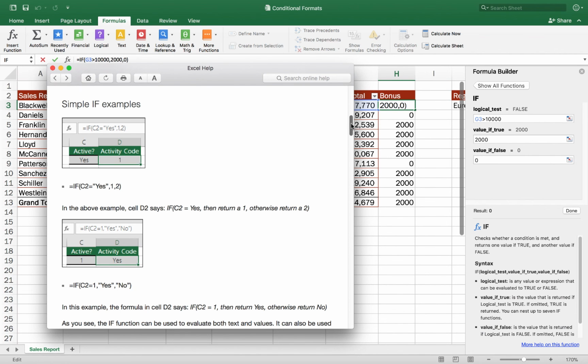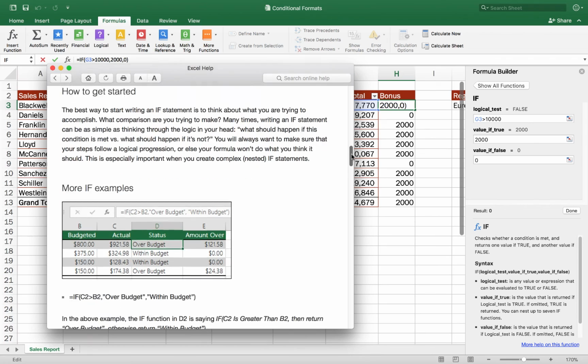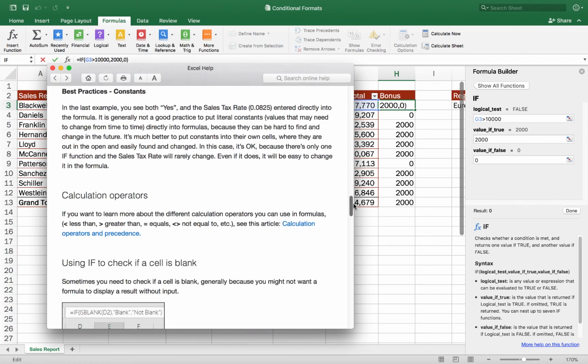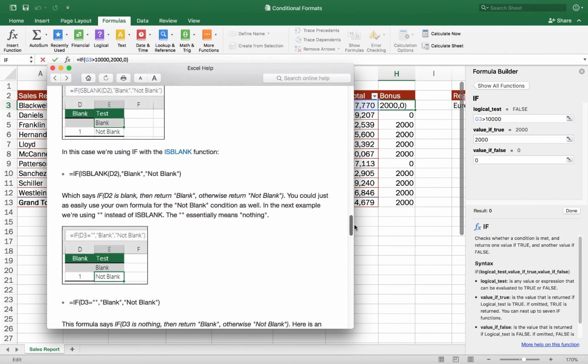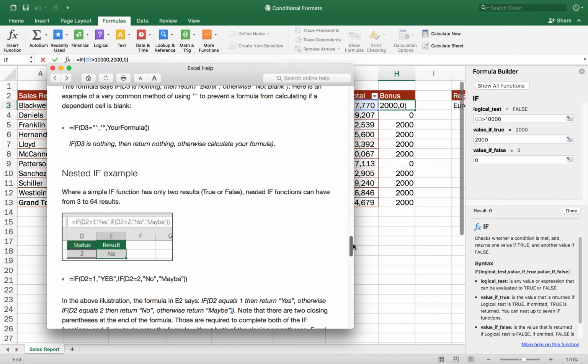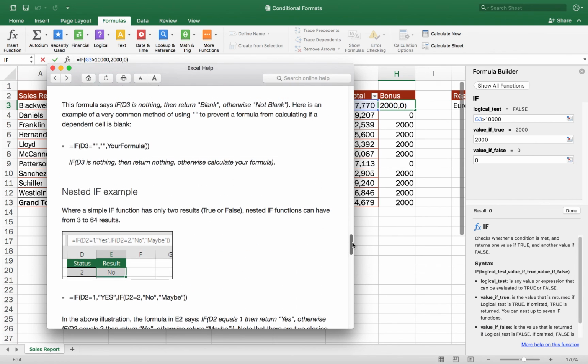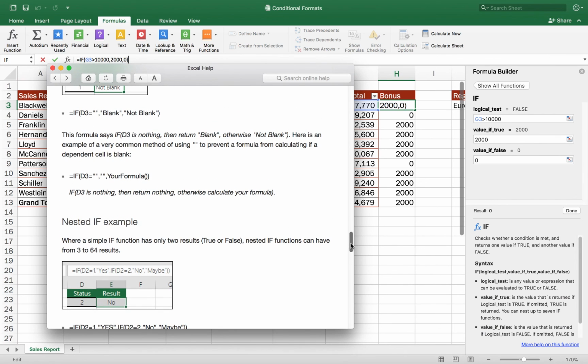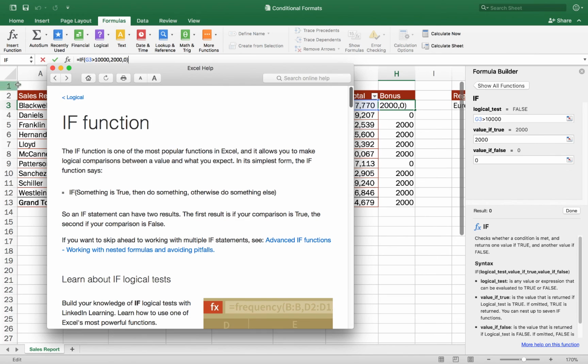They've got several different examples, and it walks you through how to use that function. You've got these for all the different functions in Excel, not just the IF function. Like I mentioned, there's over 450 different functions available in Excel 2016, so this is a cool way to learn any of those functions.